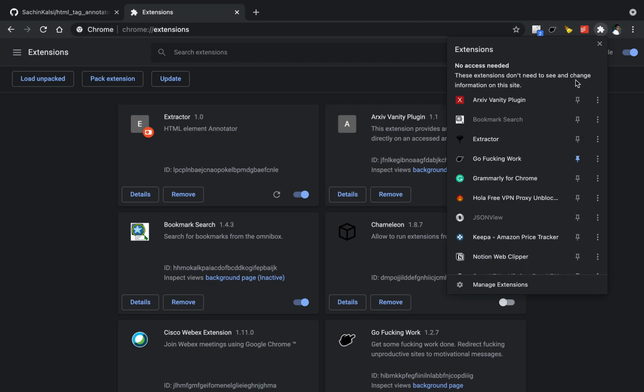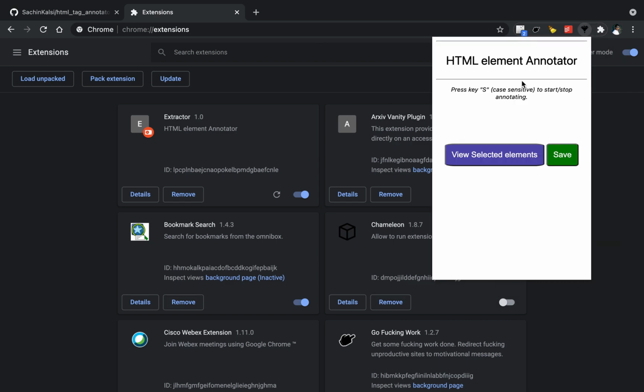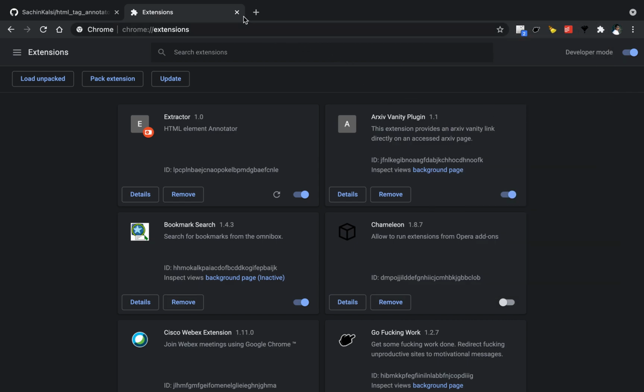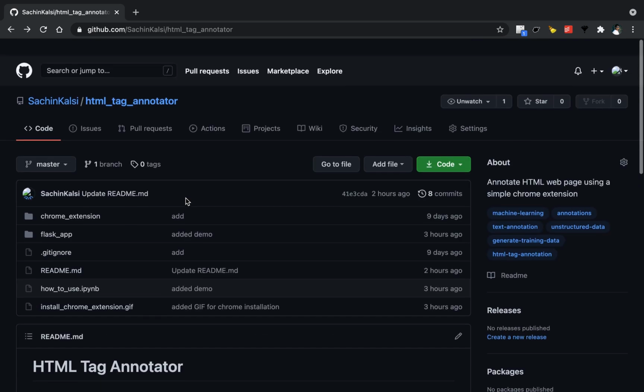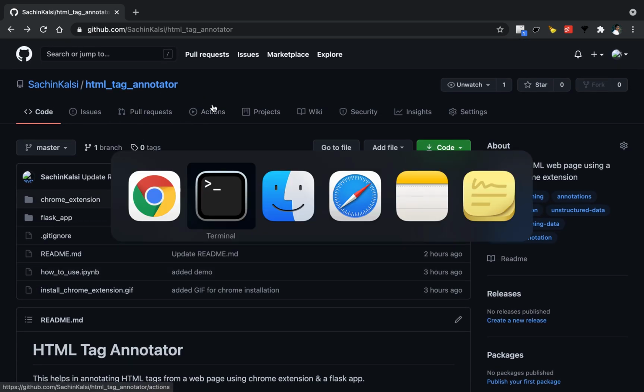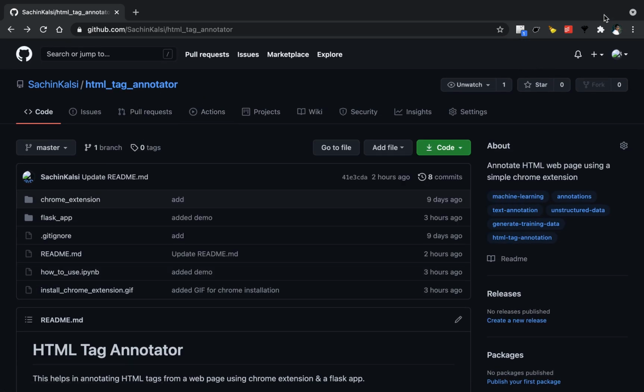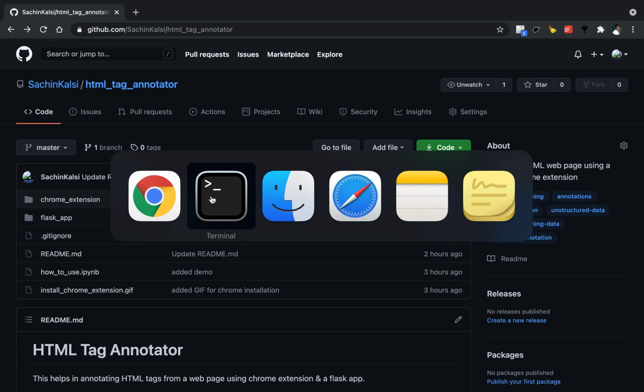That's all. Here is your Chrome extension. So now we have successfully installed the Chrome extension, which is under the HTML tag annotator. We will come to know after a few minutes how we can make use of this Chrome extension.